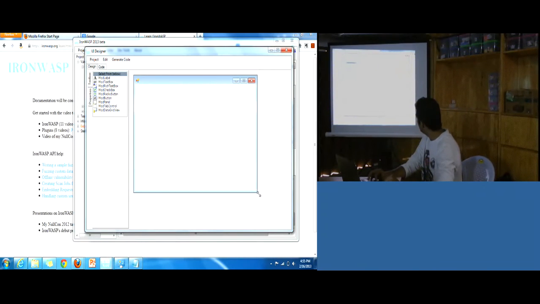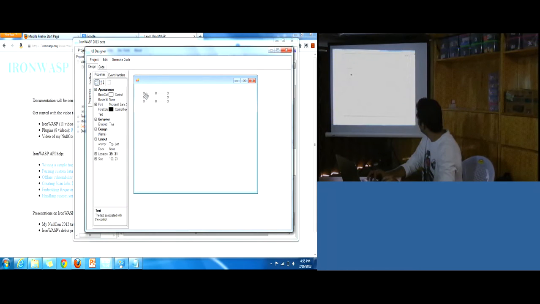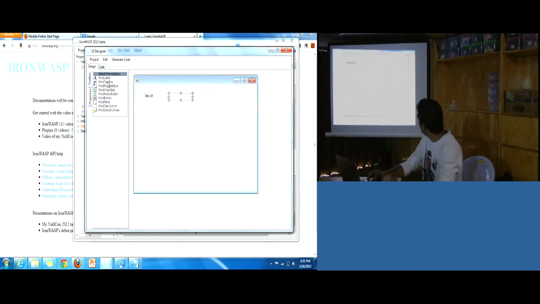This gives you a UI form. You can drag a label, give a name to it, and drag a text box. Then you drag a button.